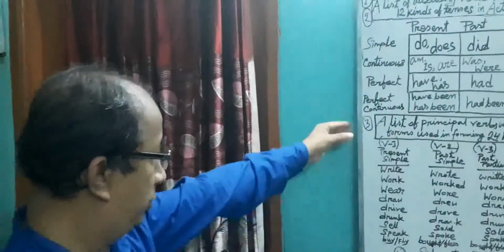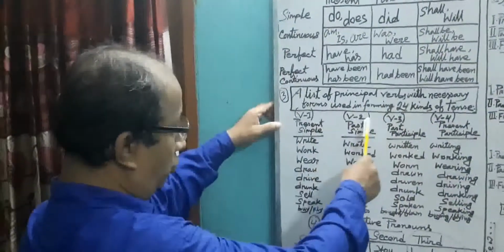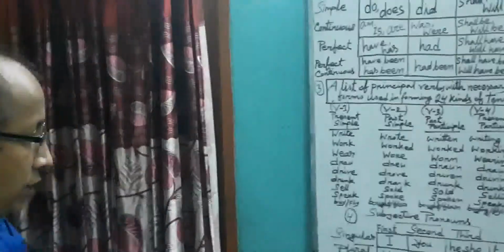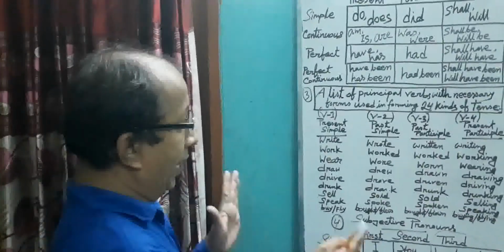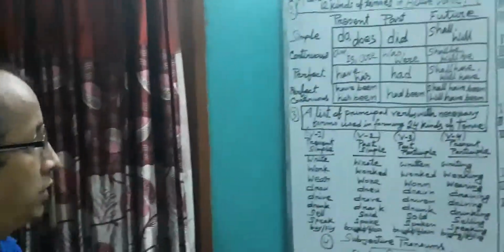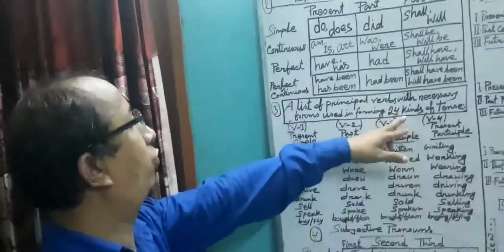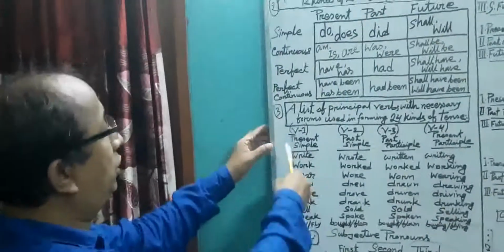Okay, here tip 3, a list of principal verbs with necessary forms used in forming 12 kinds of tense. Here all are in active voice. Voice is of 2 kinds, active and passive. So for active 12, for passive 12, so there are 24. You can make 12 kinds of tenses and 12 kinds of passive voice using these